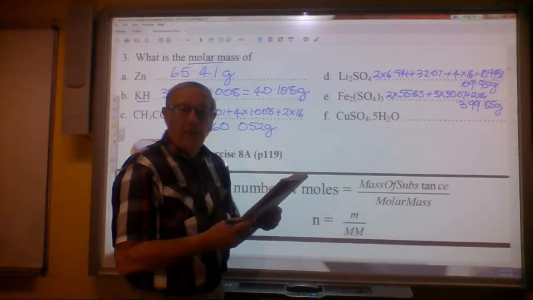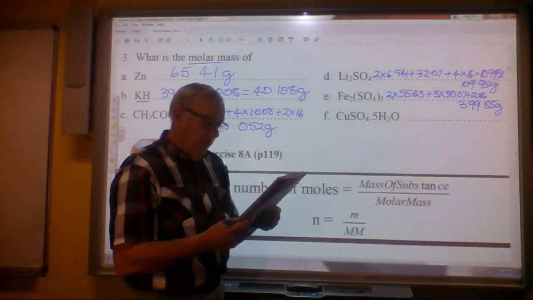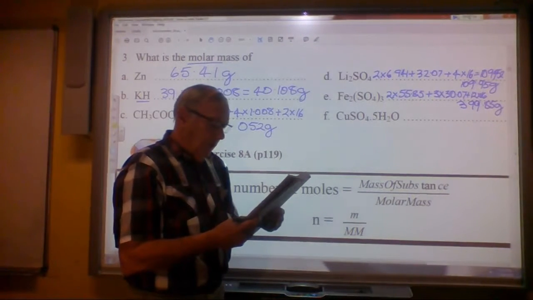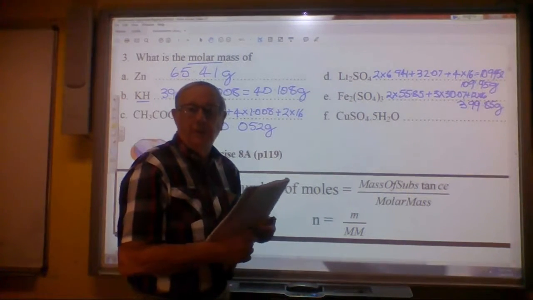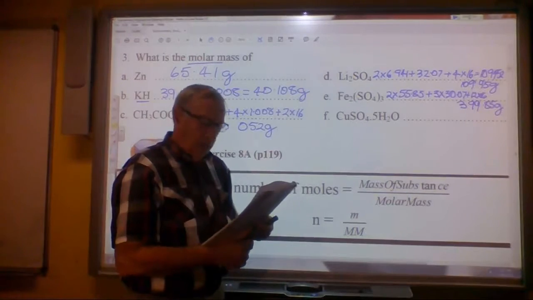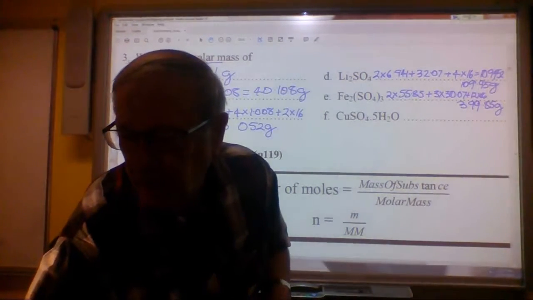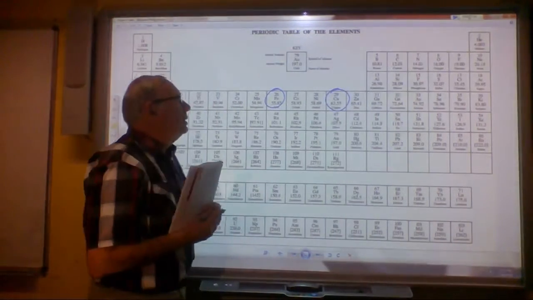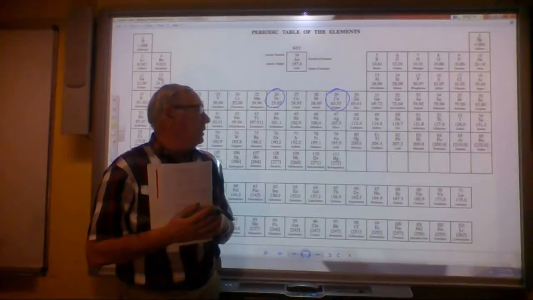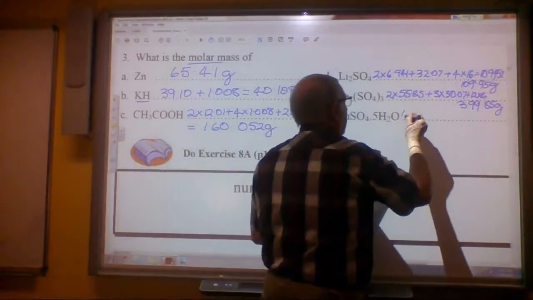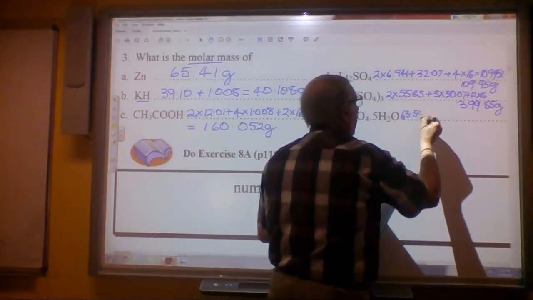Sulfate. Finally, the last one, which is copper sulfate with 5 water molecules attached or integrated with the crystal there. Again, Cu is our symbol for copper. And checking that out on the periodic table, copper is over here. And you can see, hopefully, that is 63.55. So coming back here, we've got 63.55 plus